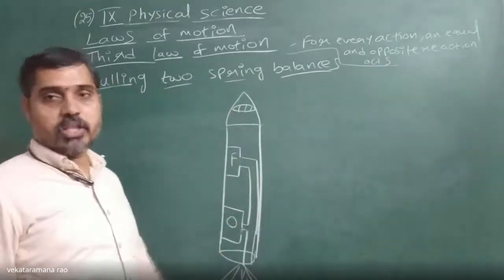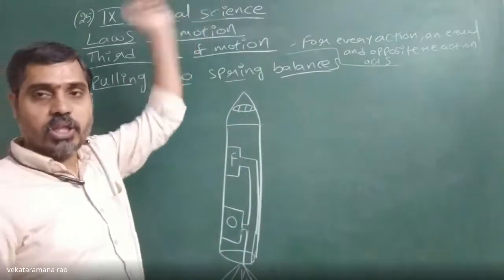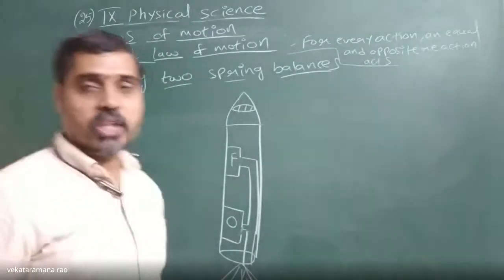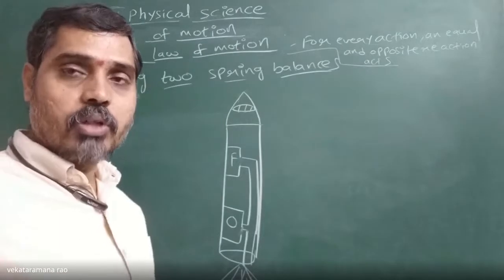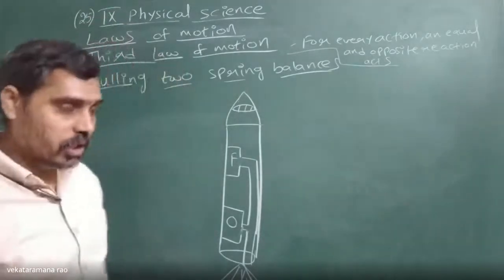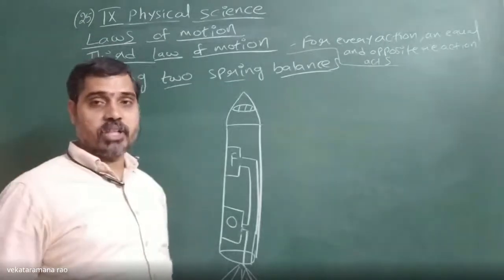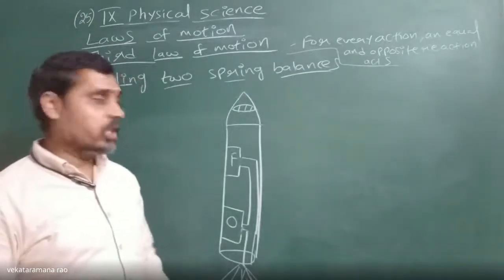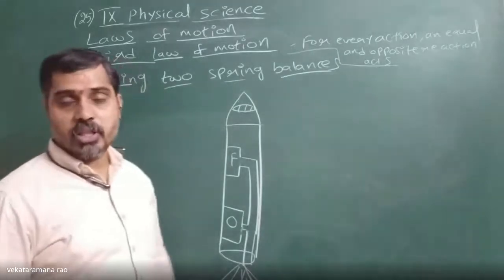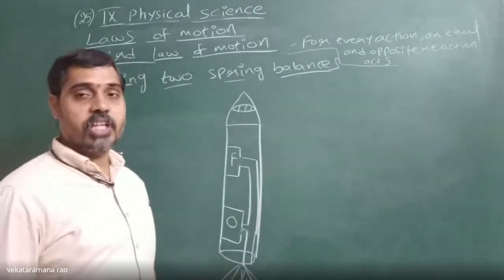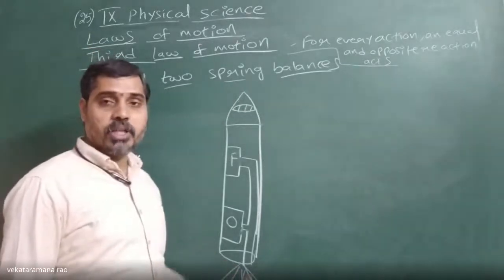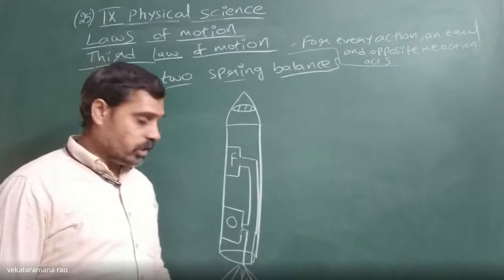Then the rocket is able to rush into the air with a speed of 10 power 8 kilometers per second to escape the Earth's orbit, or Earth's gravity. As a result, it has to maintain 10 power 8 kilometers per second, which is called the orbital velocity or escape velocity.